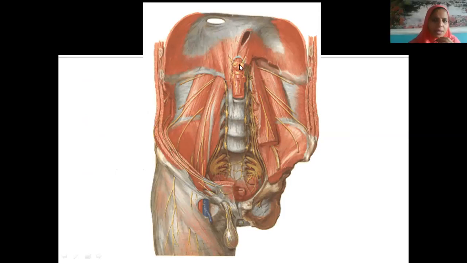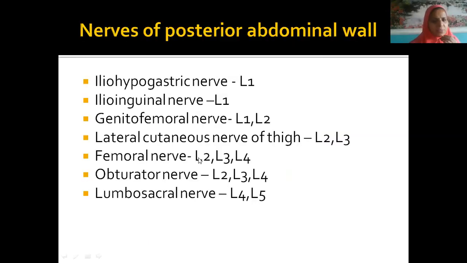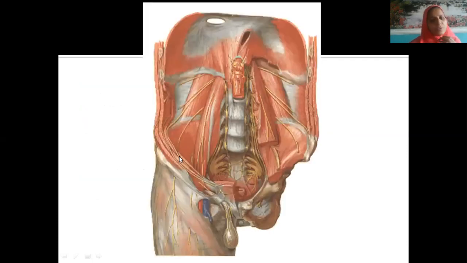And these are the plexuses: celiac plexus, superior mesenteric plexus, and so many other nerves. I will elaborate when we do the plexuses. Okay, this is enough for today, and we will continue tomorrow with the remaining topics of this chapter.